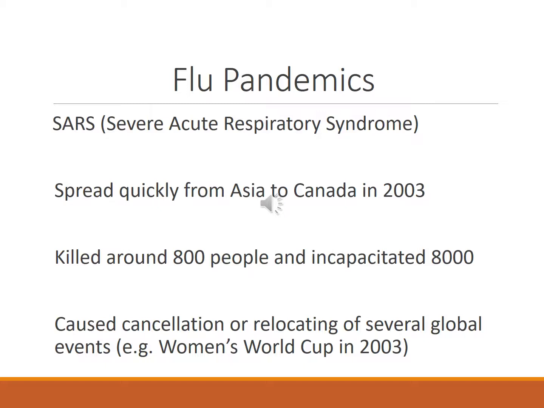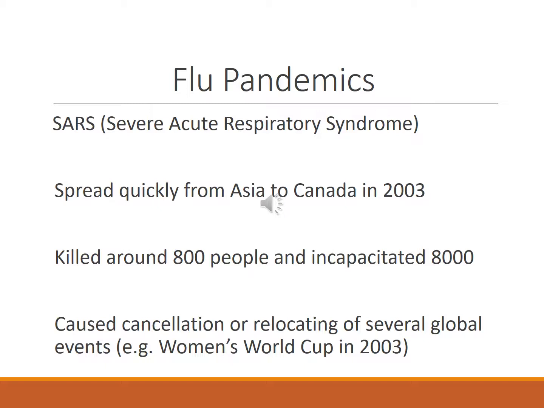It emerged out of East Asia, primarily China and Indochina, and spread to Canada in 2003. We believe a couple of people who were infected with SARS got on a flight to Toronto, and there was a brief panic in Canada in the Toronto area because some people who had tested positive for SARS had arrived in Canada and were threatening to spread the disease throughout North America. Nothing really came of this. There were a few infections, but it was more or less contained.